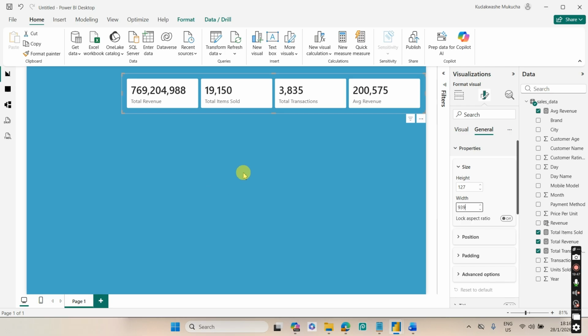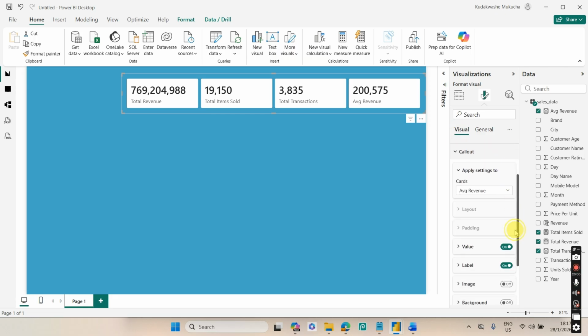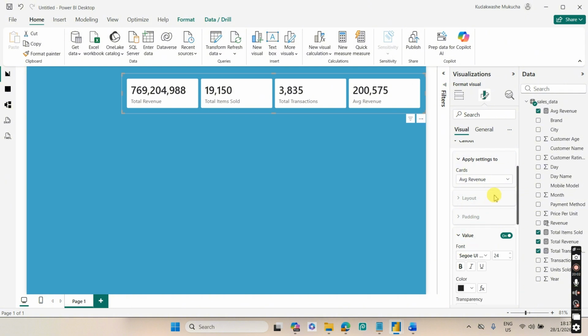So let's reduce the size of these values, it's too big. So come to visual, close this, you come to call out, you come to cards here, you select all, then the font will be Arial Black, and the font size will be 18. Okay, like so,